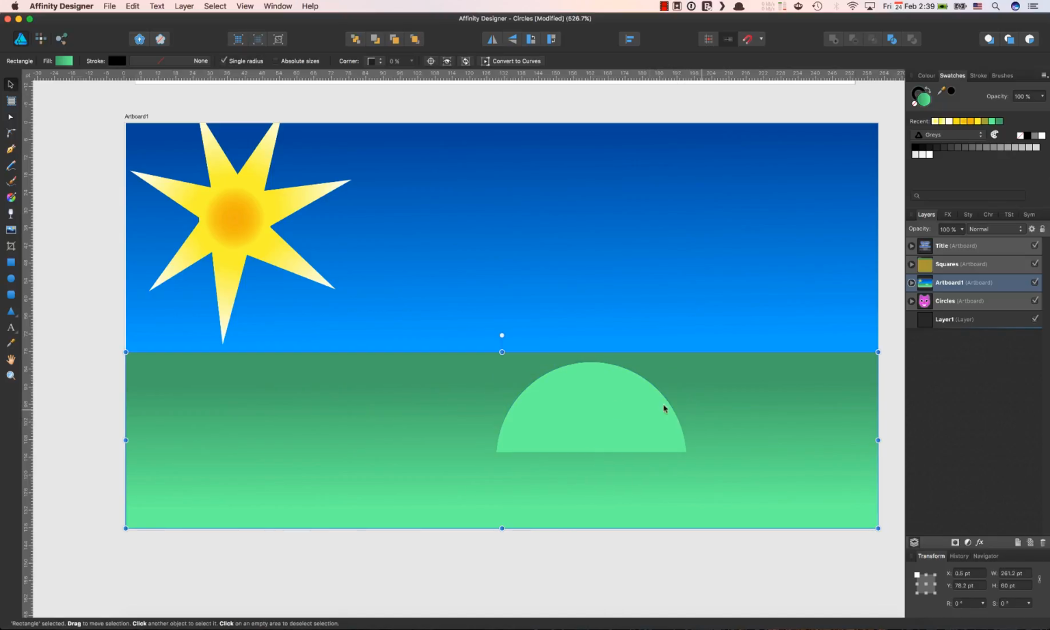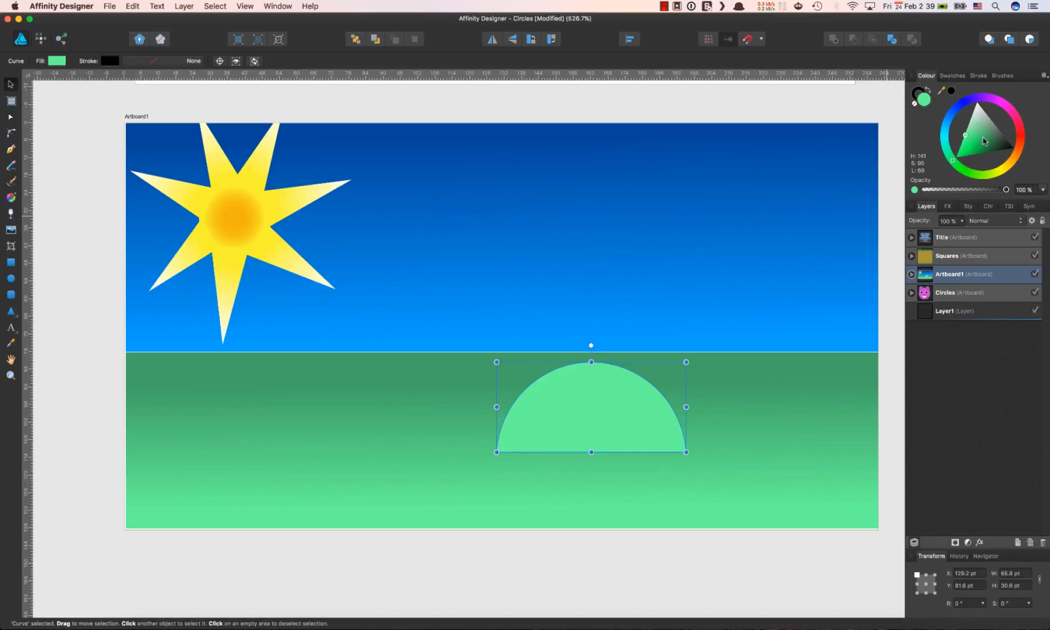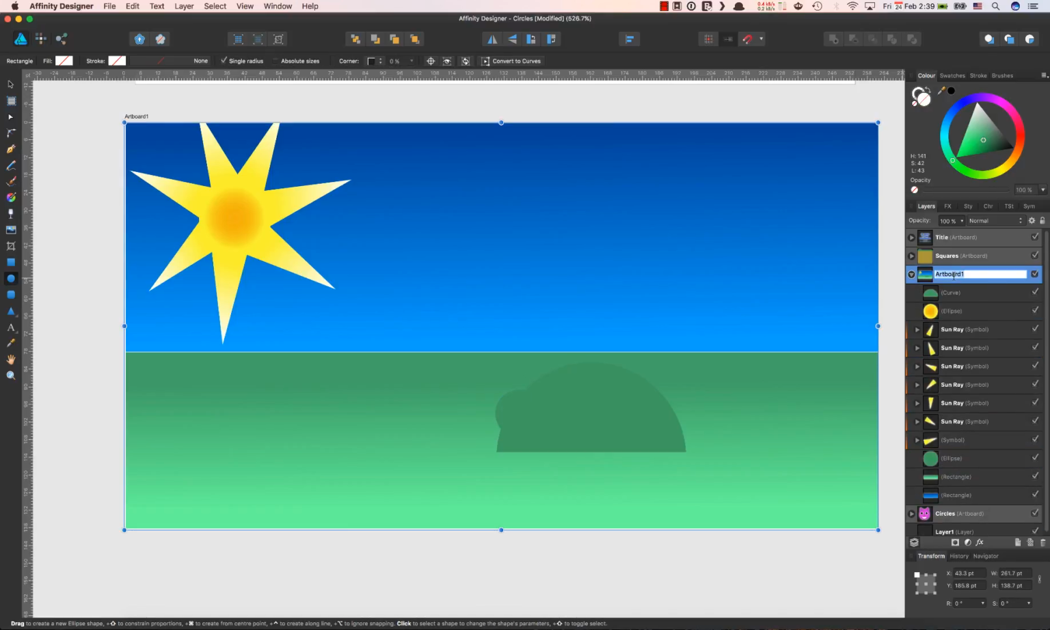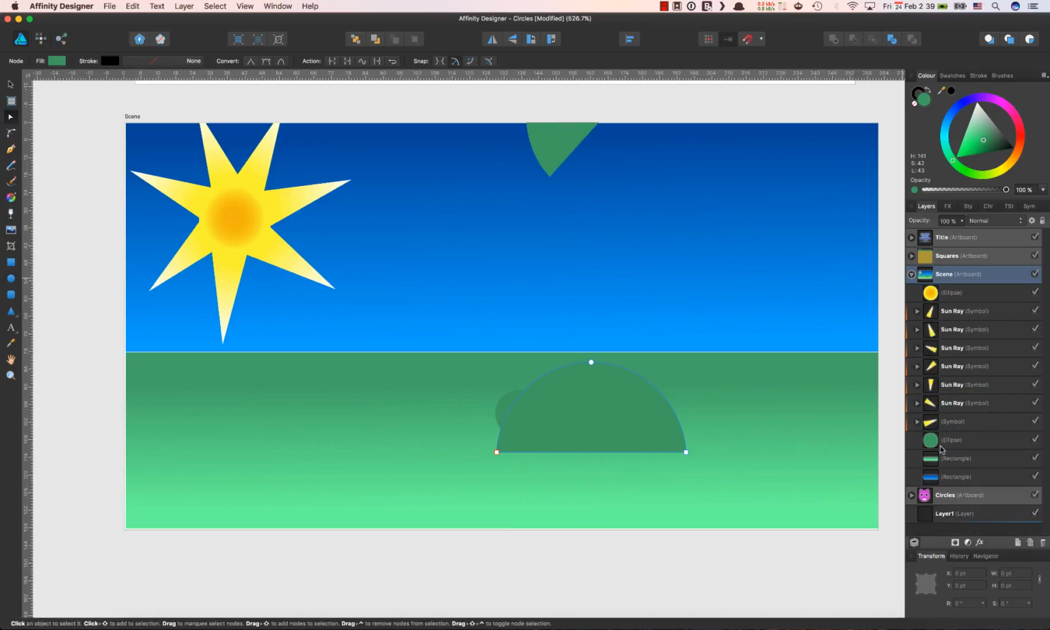Now this still doesn't look very much like a bush, and the green is wrong, so let's make it a slightly darker green. Okay, that looks closer, but now the bush kind of blends into the background. Let's not worry about that too much for the time being. Let's say we draw something like this, and let me just take a side step here and call this scene,